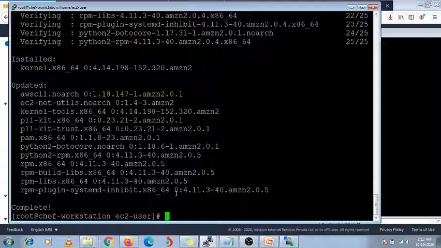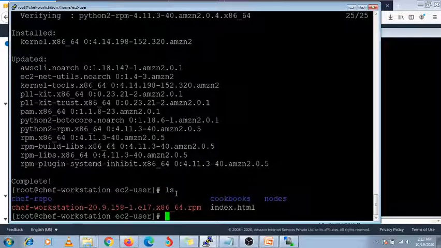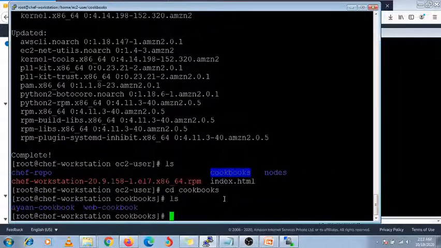Here we have created, so just check. Before, we have worked on this cookbook directory, so just go under this cookbook directory, ls. Here we have created these two web cookbook directories. Now we are going to work under this chef-repo. Whatever cookbooks are available, we will move under this directory. Under this chef-repo there is one cookbooks directory available, so under that cookbooks we can copy these two cookbooks which I have created.